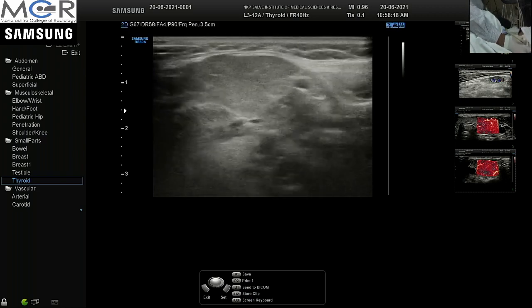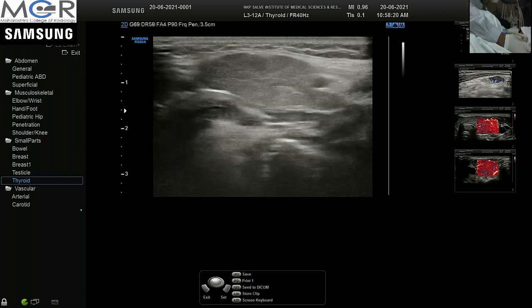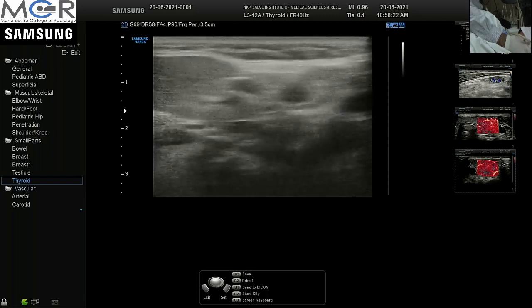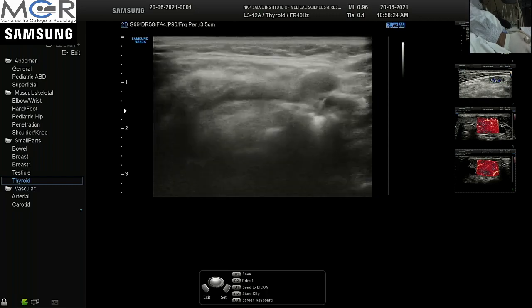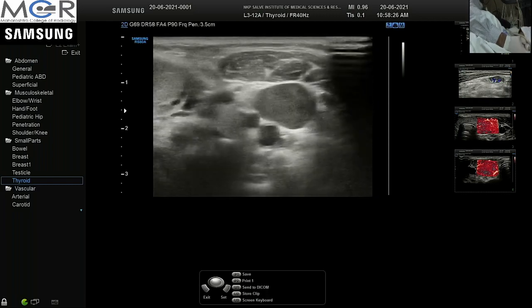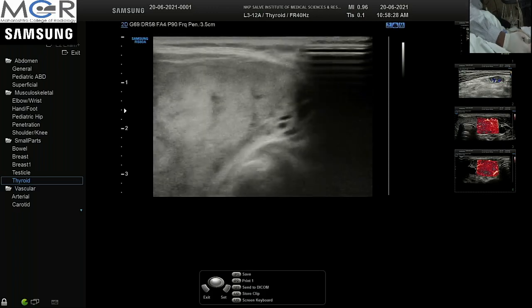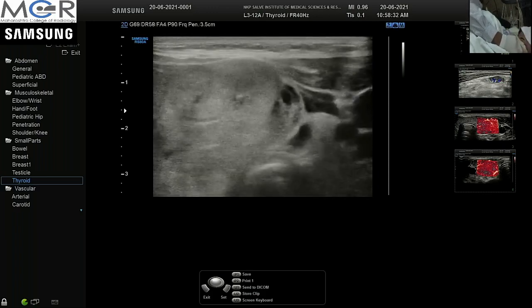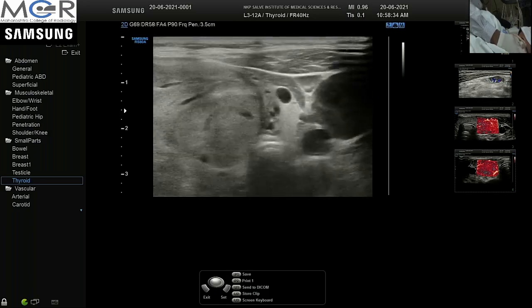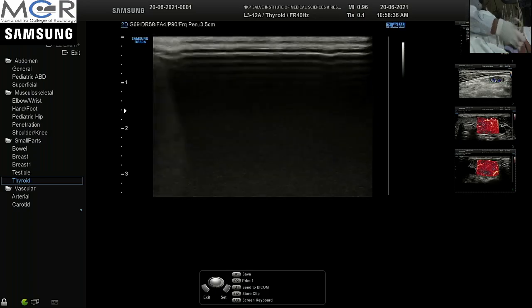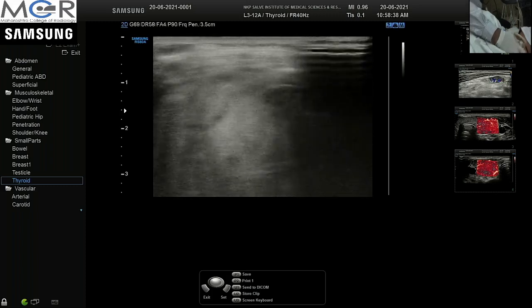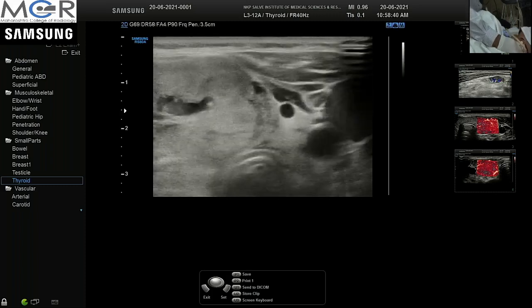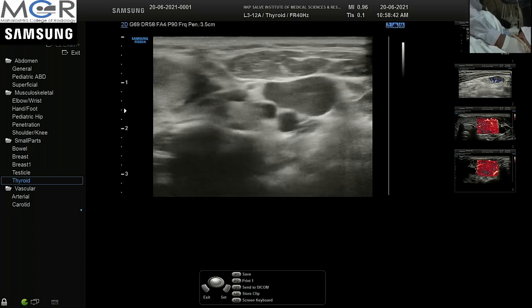Sometimes the patients may not undergo a CT scan before going for a hemithyroidectomy. So you have to completely see the neck in all aspects and give your diagnosis, or findings rather, so that the surgeon is more confident in doing the surgery beforehand.